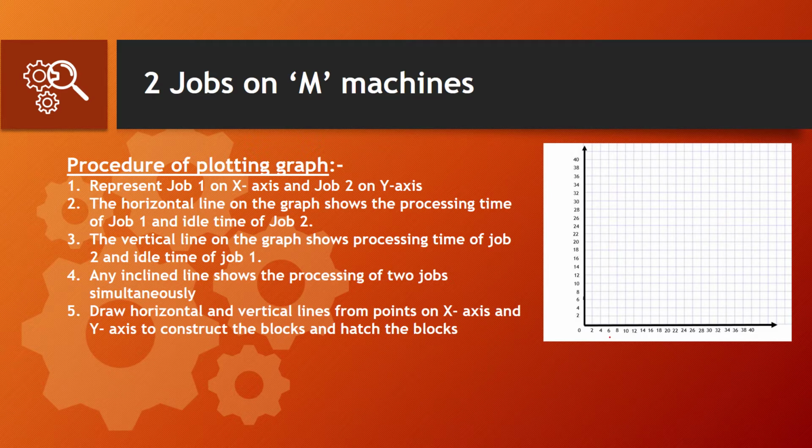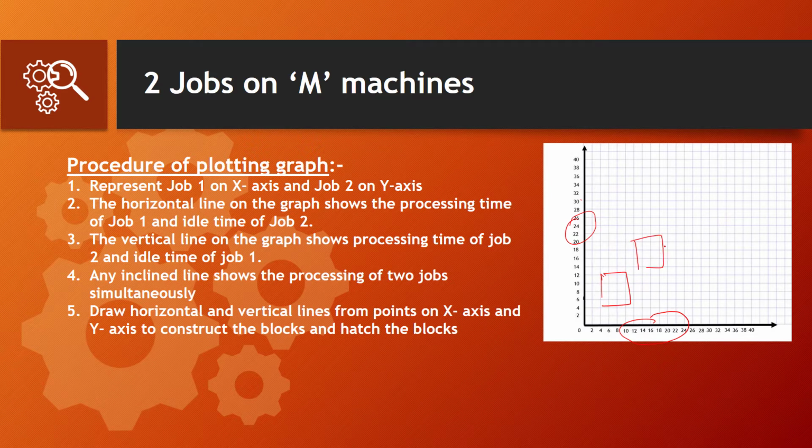which will give us the maximum efficiency. For that we need to plot a graph where we'll be keeping the jobs on the x and y axis, and we'll be representing the machines as the relation between job 1 and job 2. So we'll be representing job 1 on the x axis, as you see in the image here, and job 2 will be on the y axis. In between this we will be representing boxes which will represent the machines.